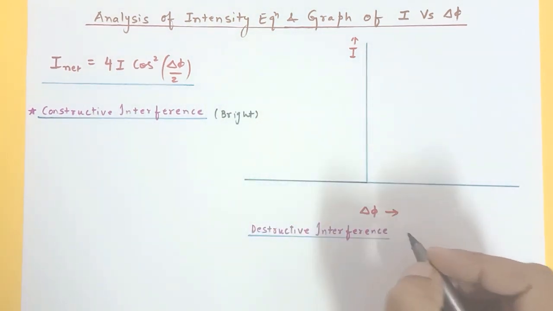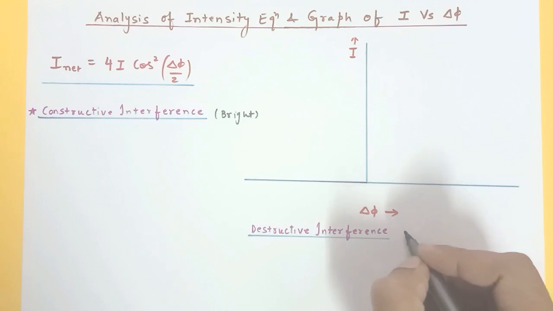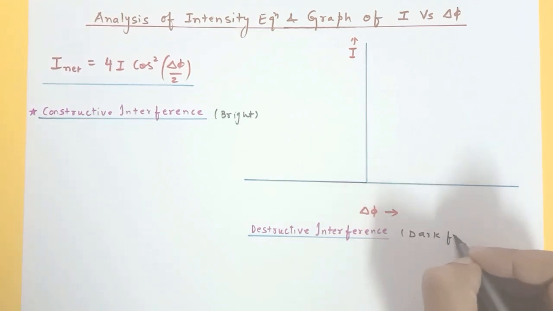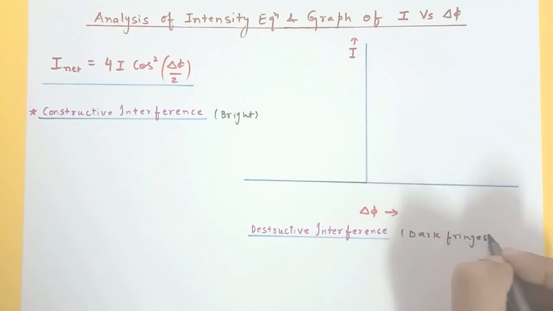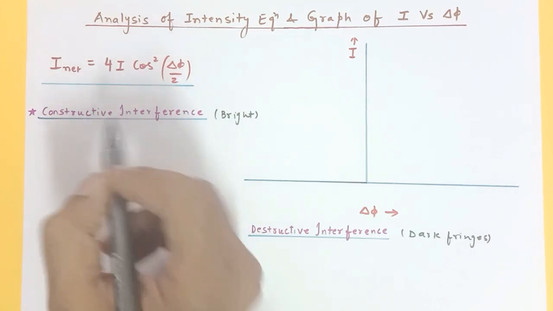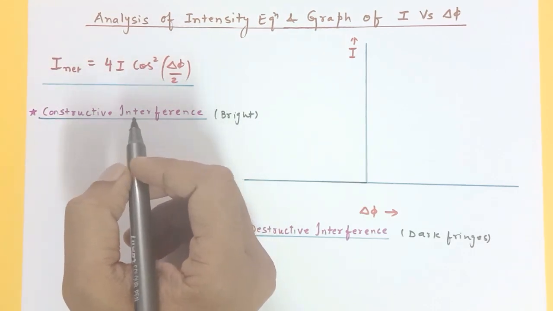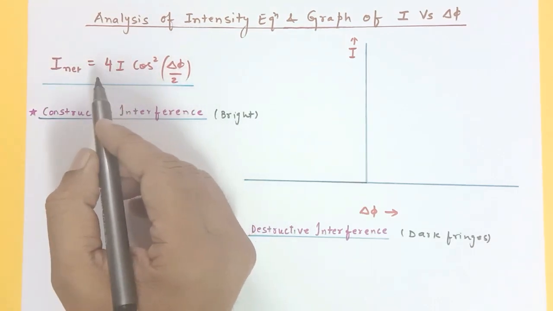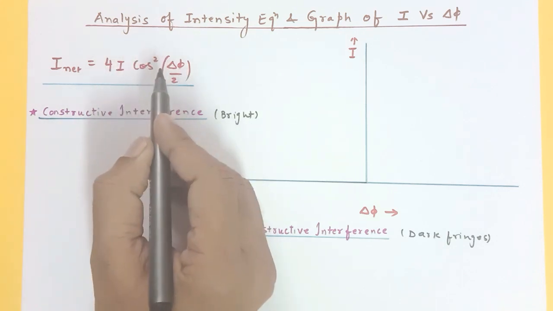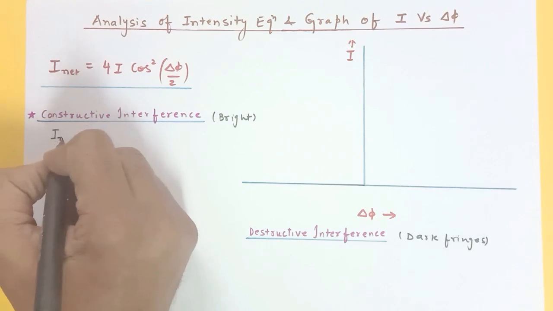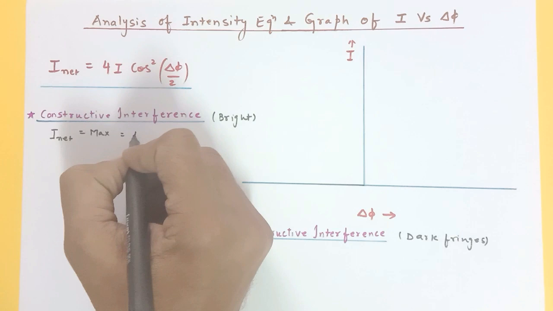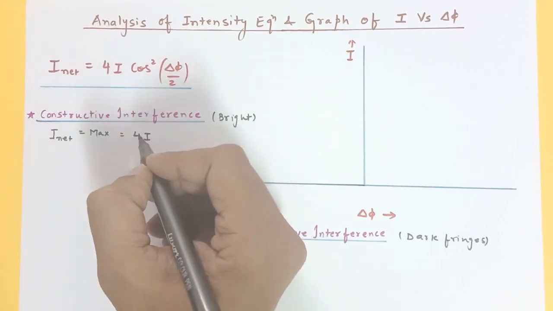and destructive interference means where the crest and trough meet. So I am talking about dark fringes. Okay, so when we talk about bright fringes, the intensity has to be maximum, and the intensity maximum could be 4I because cos square function has maximum value +1. So intensity would be maximum for bright fringes, and that is 4I, where I is the intensity coming out of